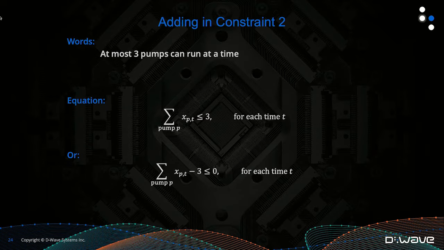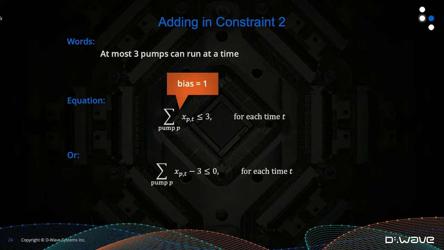So now we can go to the second constraint, and this one is also an inequality constraint. So we'll be using the same function, but in words, we have at most 3 pumps can run at a time. So our equation we had for each time slot, we were summing down the column. So over all the pumps, we're summing up the binary variables, and that should be at most 3. Now, one thing that you'll see in some of these functions is a lot of them are set up so that you just have a 0 on the right-hand side of the expression. So if I just move that 3 over, subtract 3 from both sides, then I get an equivalent math expression where I have the sum over all of the pumps minus 3 has to be less than or equal to 0. For each time slot t, I'm going to have one of these expressions.